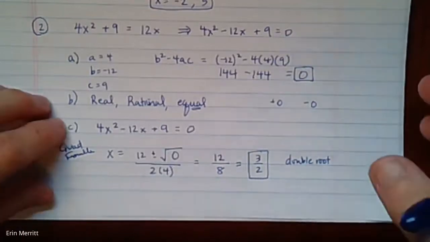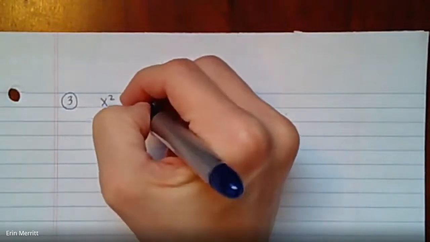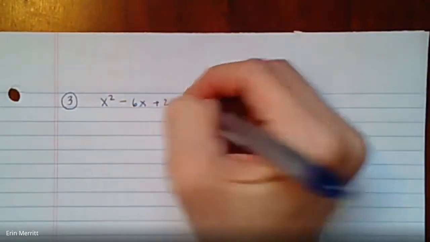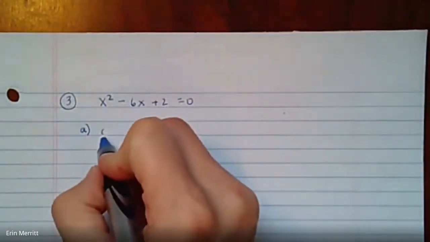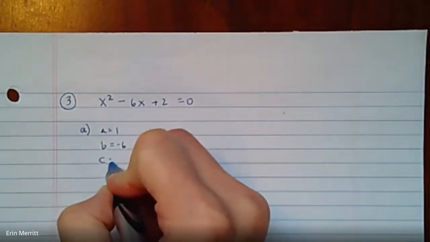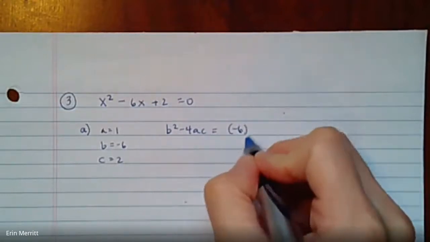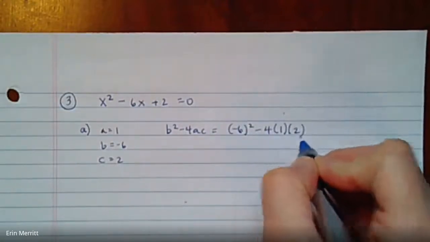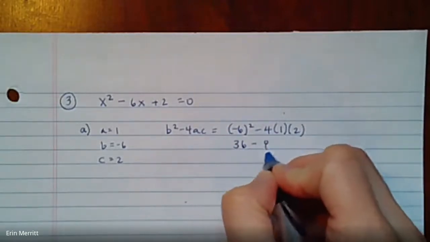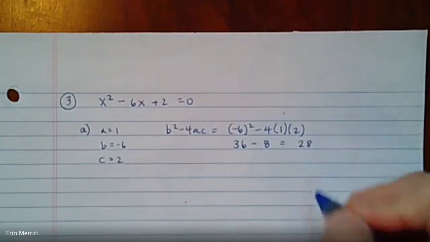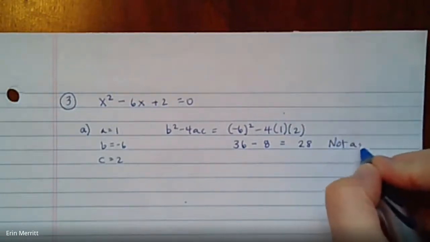All right, we got one last question to try, and then we will call it quits with these notes. So example 3, we got x squared minus 6x plus 2 equals 0. All right, first step, discriminant. So a is 1, b is -6, c is 2. So -6 squared minus 4 times 1 times 2 would give me 36 minus 8, which is 28. Since that's not a perfect square,